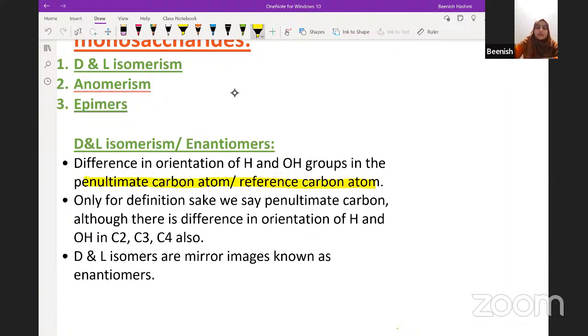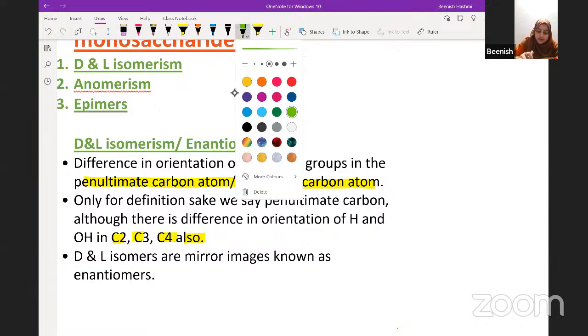So it says there is a difference in orientation of hydroxyl and hydrogen in the penultimate or the reference carbon atom, although we will see that this is not entirely true. There is a difference even in the rest of the carbons, like 2, 3, 4 as well. It is only for definition's sake that we say penultimate carbon, though there is a difference in orientation of H and OH in C2, C3, C4 also. Now, why is it so? The reason for this is